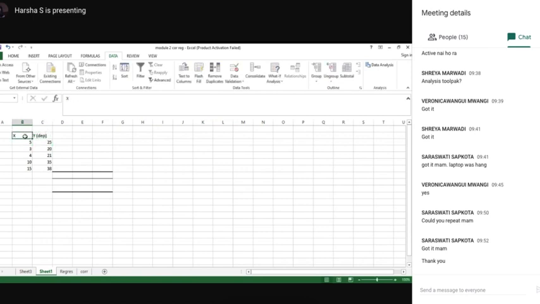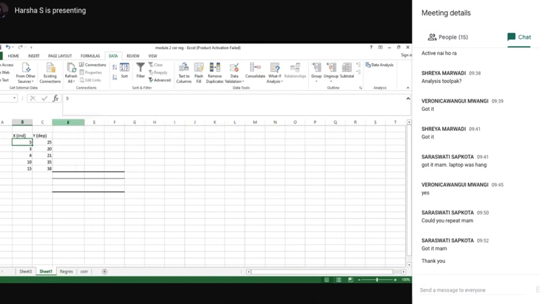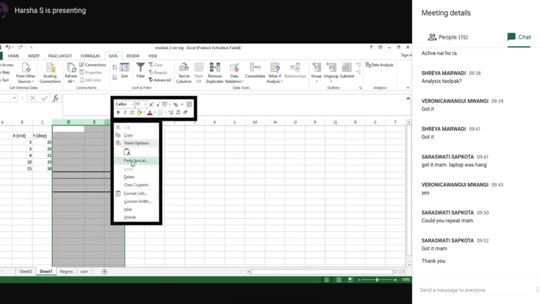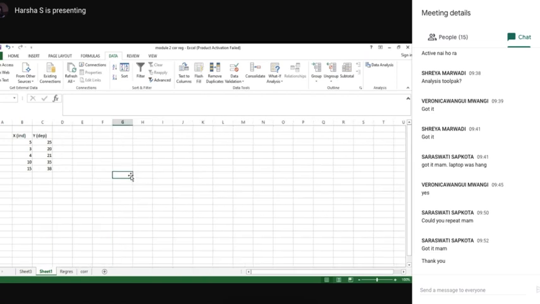Variable X is the independent variable. Using this data, do the calculation of correlation using the data analysis tab. Quickly copy down the data. It's very small.